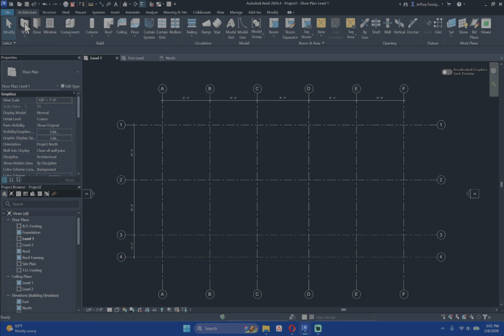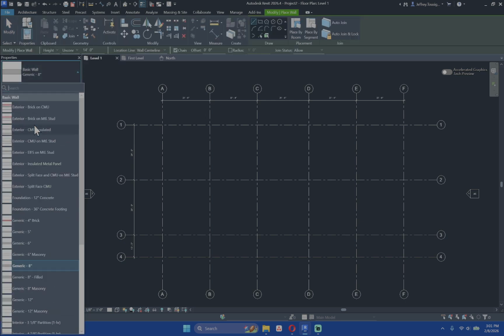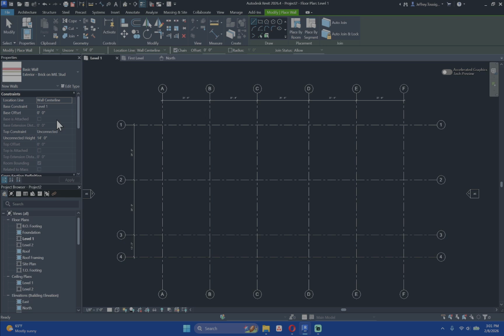So I'm going to go ahead and get the wall tool going. I'm going to pick an exterior wall. I'm just going to do the brick on metal stud. That is fairly common, especially against the other exteriors that are in here. And I'm going to ensure that while I'm drawing this wall, it is going up to the parapet level, which could have also been defined down here. And as I just mentioned with the grids, when I'm drawing the wall, the core exterior face, the outer face of the stud, is lined up with the grids. So with core face exterior selected, I can now draw the shape of my building,